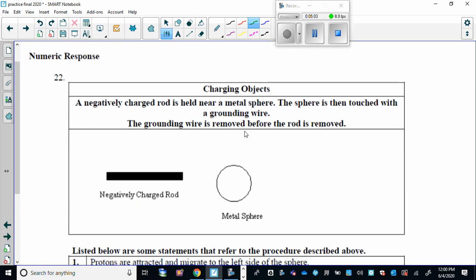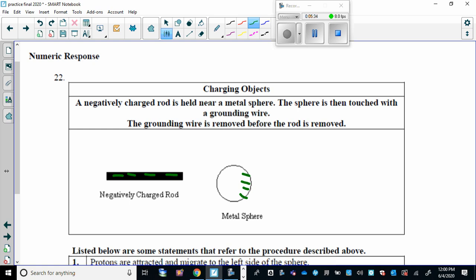Number 22 says a negatively charged rod is held near a metal sphere. The sphere is then touched with a grounding wire. The grounding wire is removed before the rod is removed. All right, so this is charging by induction. Here we have a negatively charged rod. It's going to be brought near the metal sphere, and if it's brought just near the metal sphere, then what's going to happen? The electrons are just going to go over to this side,